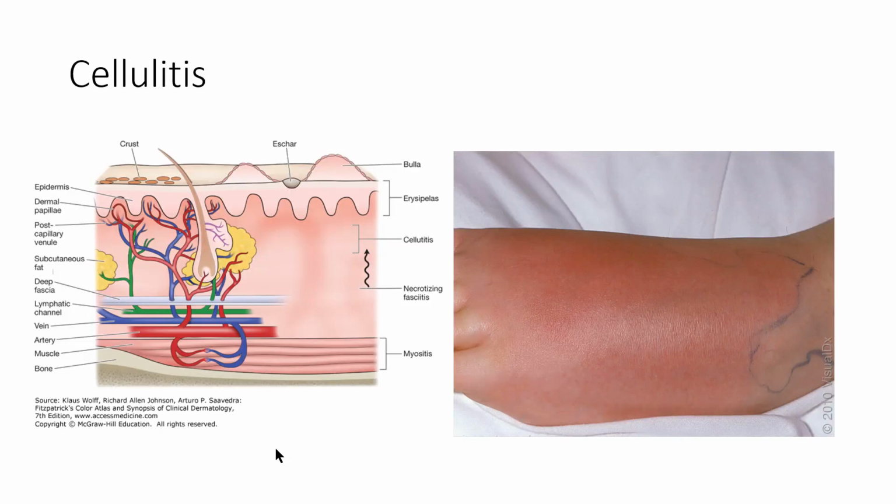Now, the first condition we're going to talk about is cellulitis. If you look at the graphic on the left, this includes not only the epidermis and dermis, but all the way down into the subcutaneous fat. This cellulite, hence cellulitis, is an inflammation of these layers of tissue as a result of infection. Typically, this is going to be something like a streptococcal or staphylococcal species, and these conditions generally will respond to